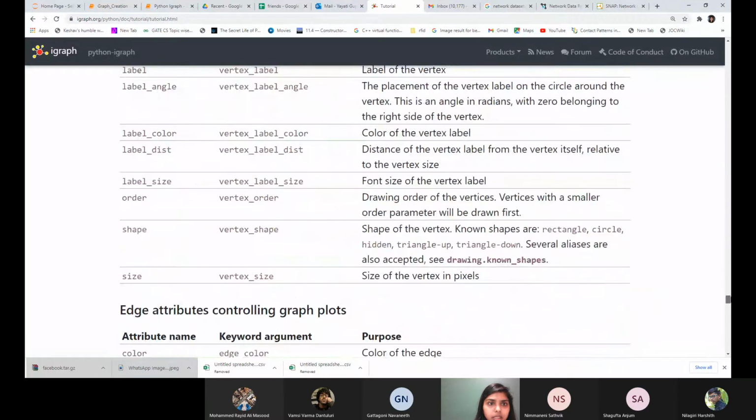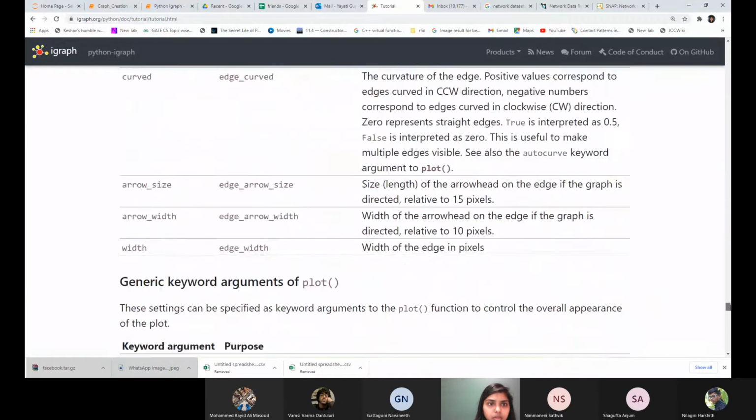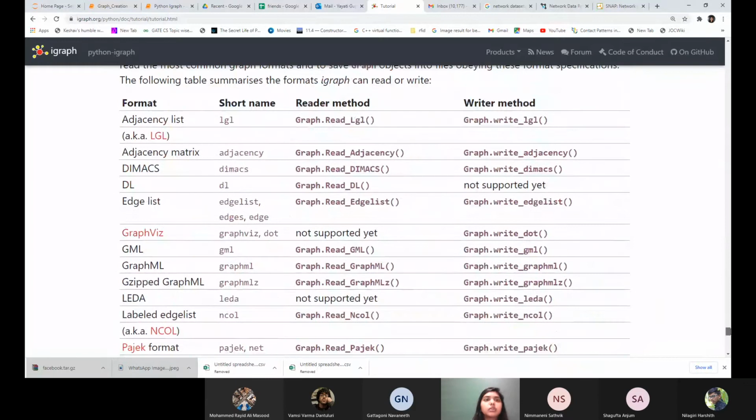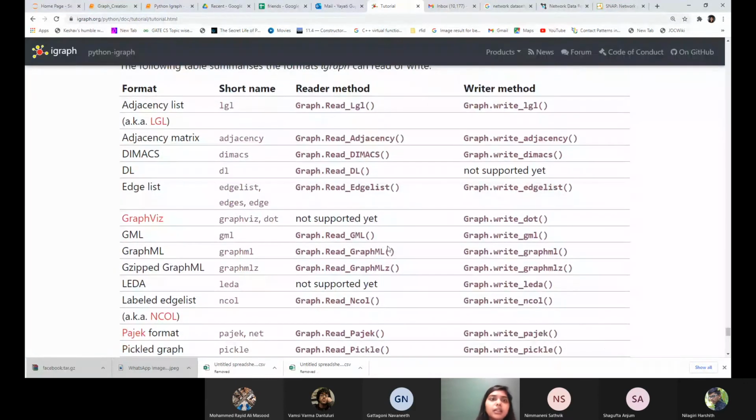I'll actually search that and pass it to you. Yeah, here you have those. These are the different formats. You have the adjacency list here. This is actually the reader method, so it's called